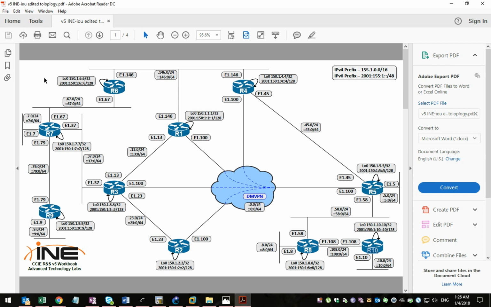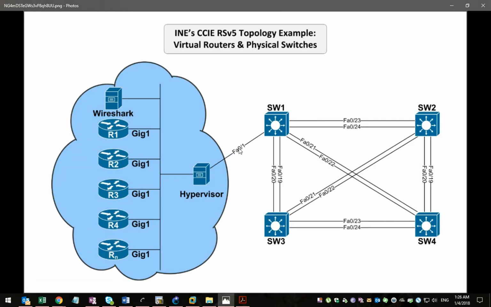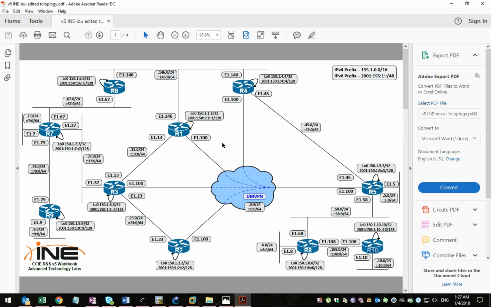So this is the logical topology and how routers connect to each other, and this is the physical topology here. And how we will build this topology. We will clarify some points here for this topology. Let's start by router 1. You can see that router 1 is connected to router 4 and to router 6